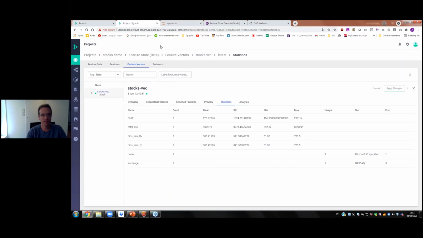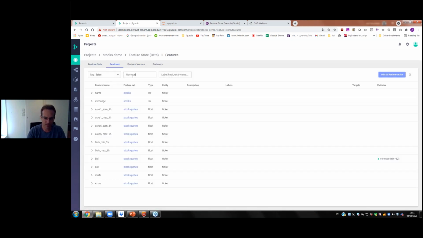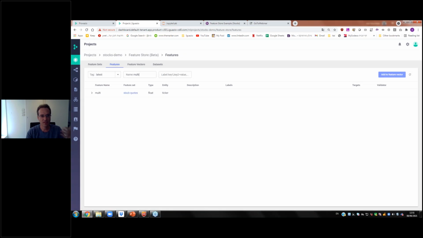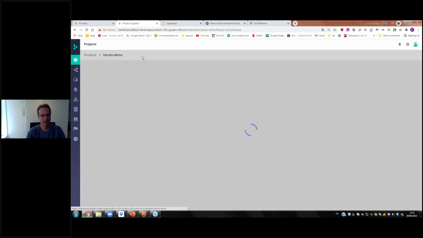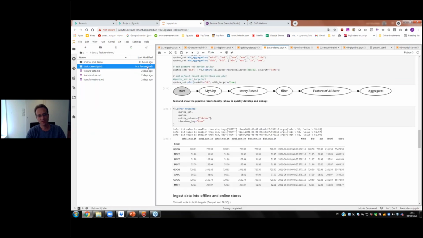And again, you can go back to the user interface, and here you can do all kinds of things like searching features across the board. It could be based on name, based on labels, all that kind of stuff is basically supported. Now, if you're looking for more advanced type of feature store capabilities, you can go to the end-to-end demos. I really encourage you to go to